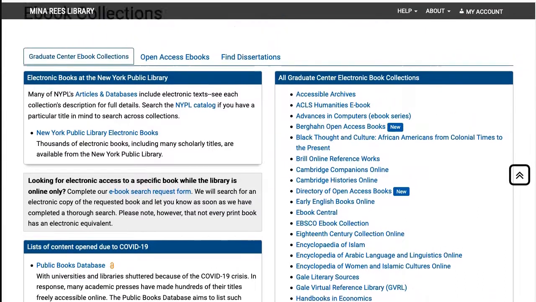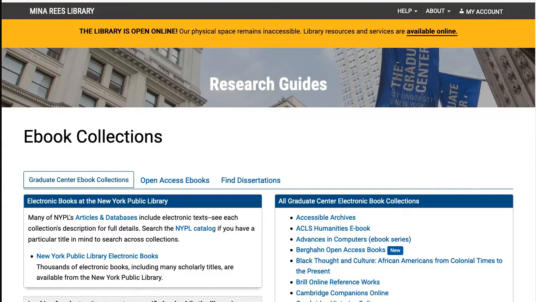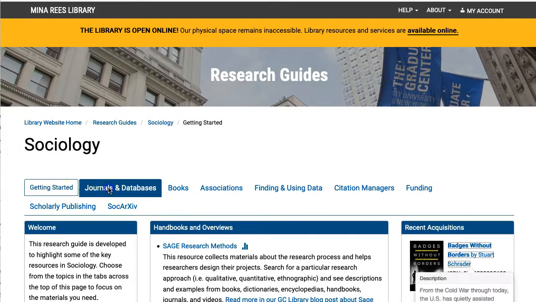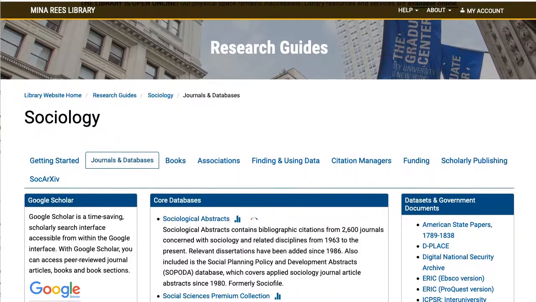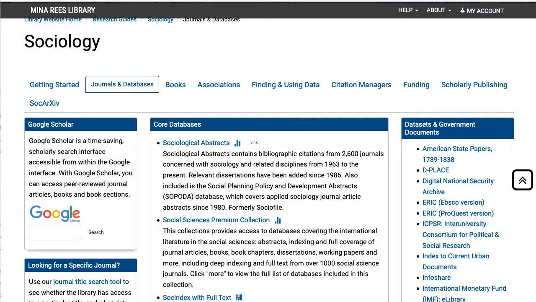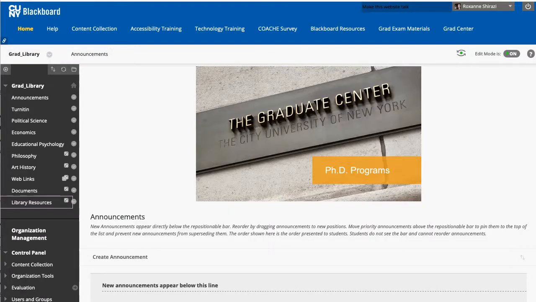The default setup points to the library's eBook Collections Guide, but we've also configured our subject-specific research guides to display for relevant department codes using the course ID information in Blackboard. For example, if you're teaching a sociology course in Blackboard, you may find that the library's Sociology Research Guide displays here instead. The library can configure your course to display the most relevant research guide and direct students to the databases, journals, and other materials that make the most sense for your area.